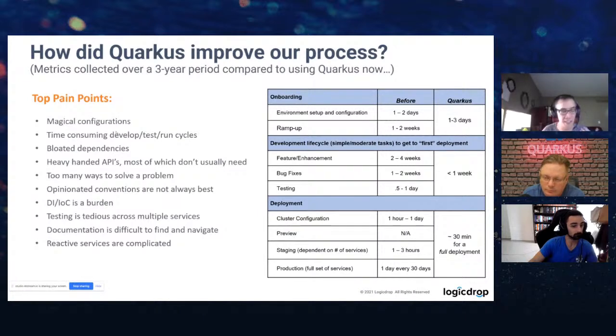And then, of course, the reactivity, when Project Reactor got introduced to Spring Boot and you had WebFlux, making that choice between, I'm either going to be reactive or I'm going to be blocking, that was a little bit of an issue for us, because at the time, these reactive APIs were very new, and you were going to have to write blocking code. So you needed to be able to write both. And that was a big issue for us. And we actually switched out. We didn't use Spring Reactive.